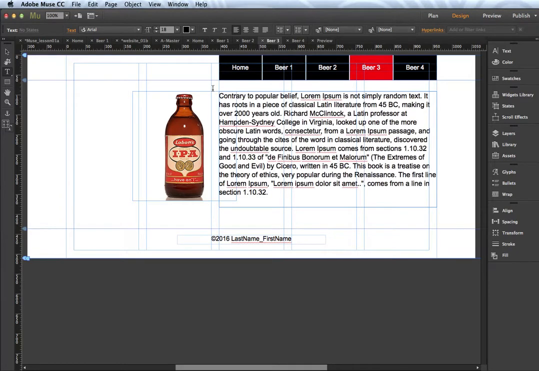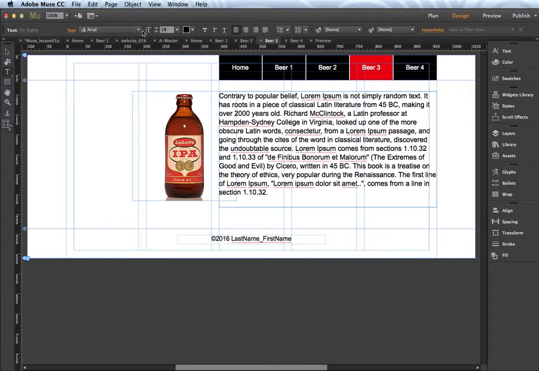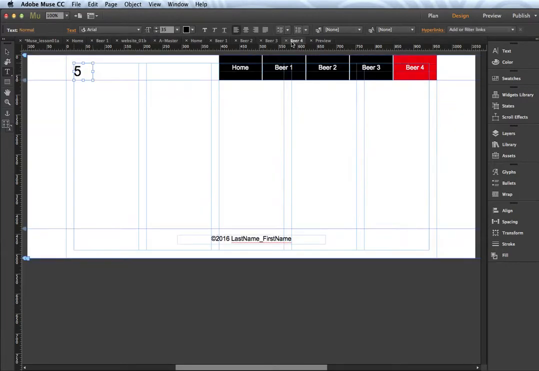And you notice when I'm replacing it, it is holding the settings or the properties of the text box, which is a nice feature. Again, I'm just going to go Control Command S to save. And I have one more page to populate. So beer 4,